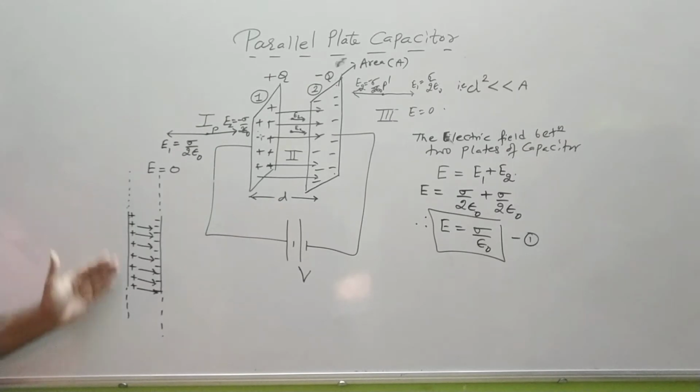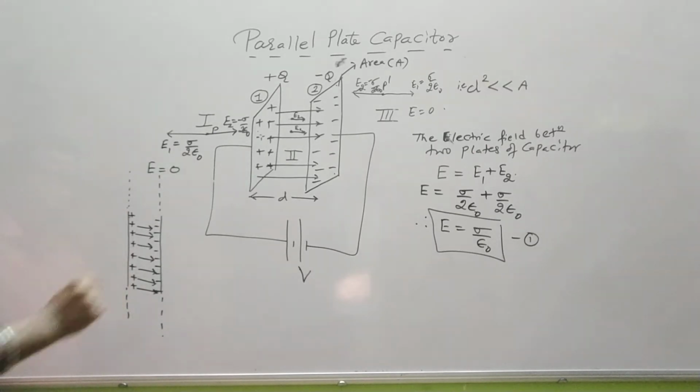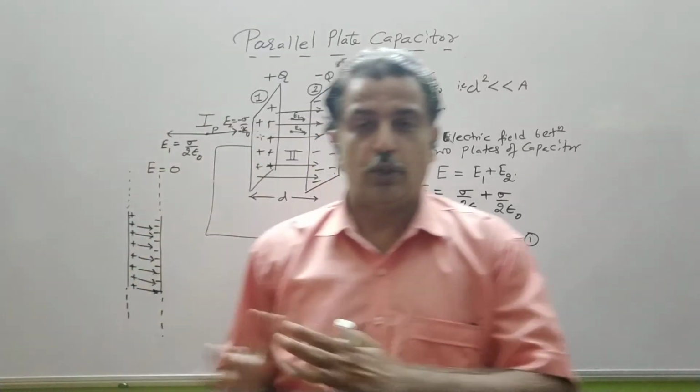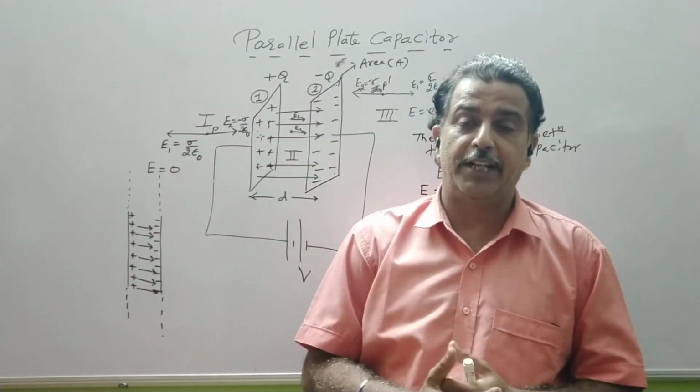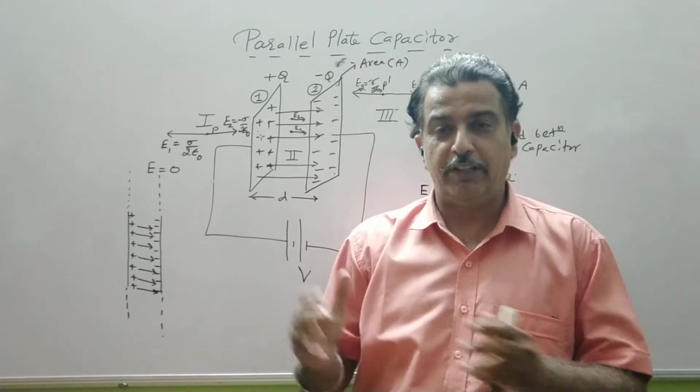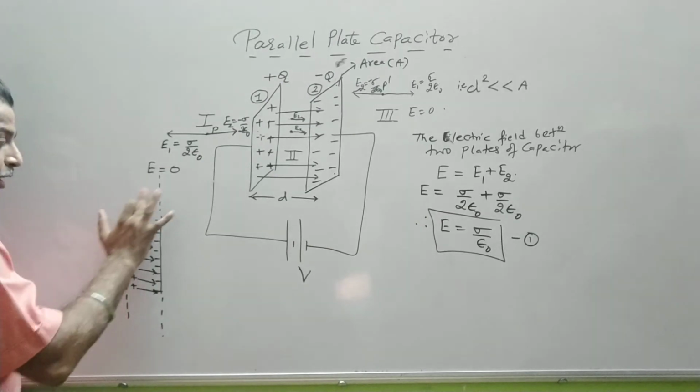It is clear that the electric field intensity will be from plate 1 to plate 2, and there is no scope of electric field intensity to be along the plate. It should be perpendicular to the plate. That we have proved using Gauss law, with the cylindrical Gaussian surface. But when we take a finite plane sheet,